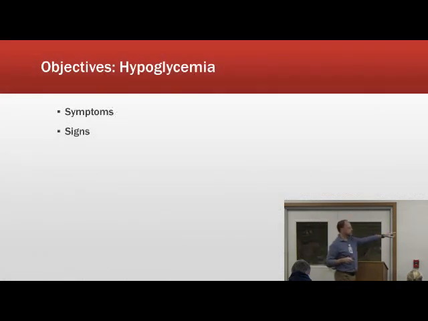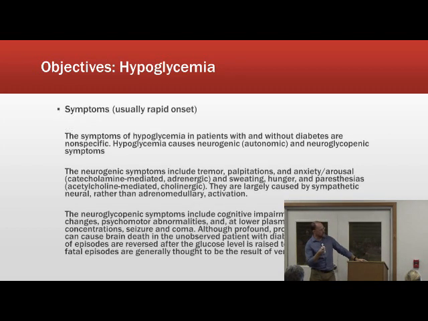Hypoglycemia. So hypo means below or low, right? Glycemia, emia is blood, and glyc is glucose. So low blood sugar, right? Hypoglycemia. So there are symptoms and signs, and it doesn't really matter, but it's maybe helpful to think about. Symptoms are things that people describe to you that they feel. Signs are objective things that you can see when you look at a patient. Okay? So rapid respiratory rate is a sign. Shortness of breath is a symptom. Okay? And this is a little nitpicky, but